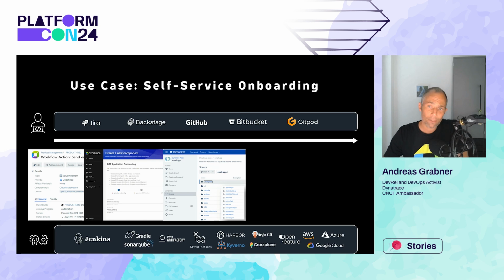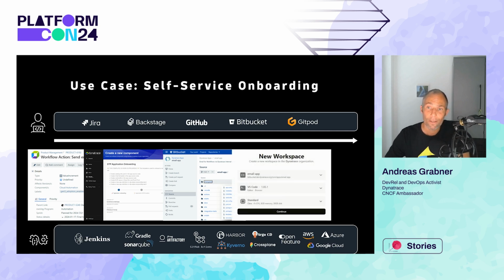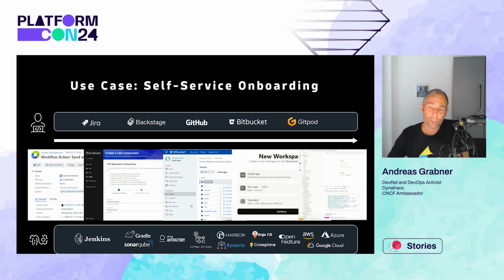And then what comes out of it is a Git repository, whether this is GitHub, Bitbucket, Azure Git, whatever you're using. But it basically allows developers to just go in, start coding, because they have a working repository that includes already code for their business code, also observability definitions, their SLIs, their SLOs, and all of this will then be taken all the way forward where developers can then directly interact with their environments using different tools.